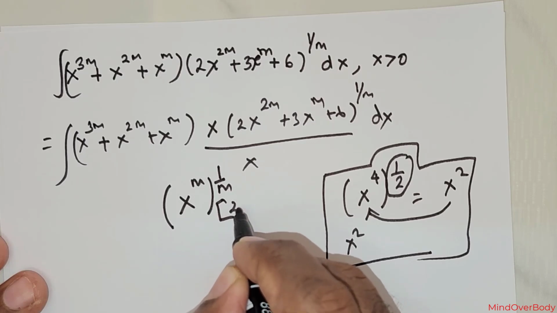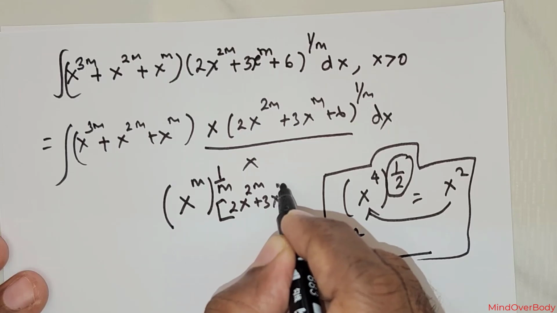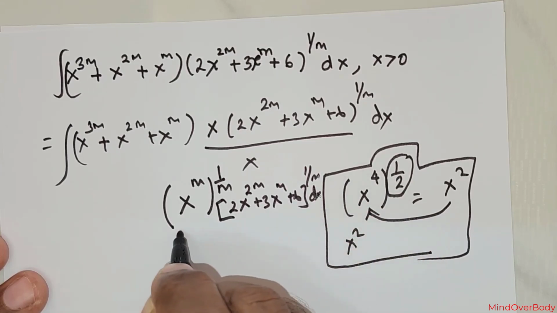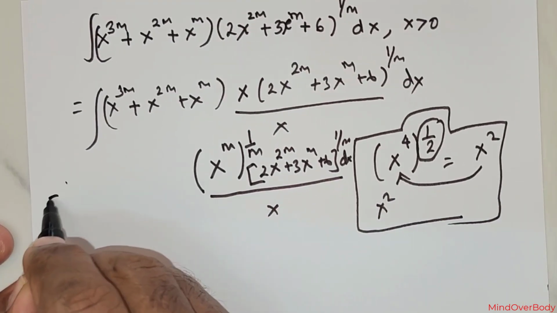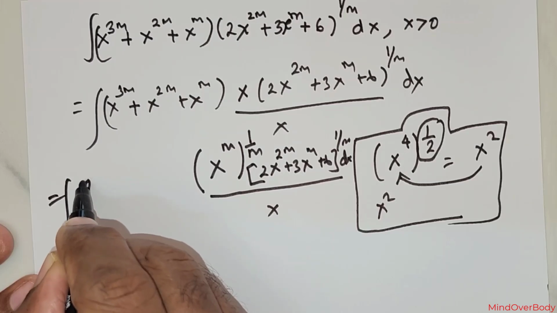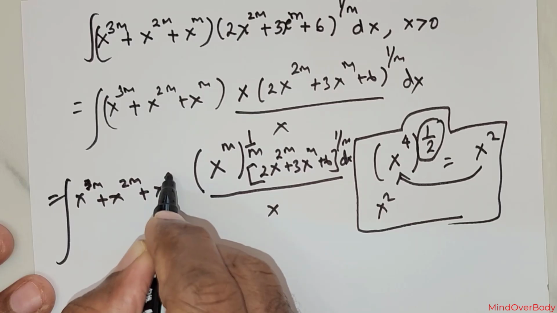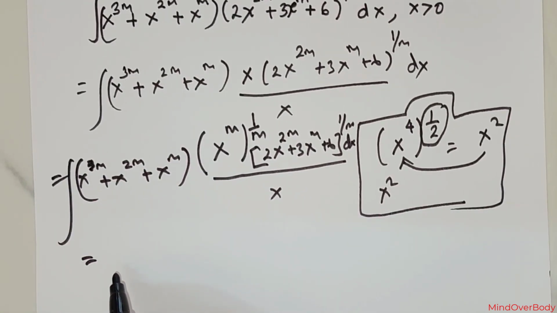That's the intermediate step, followed by 2 times x raised to the power of m, positive 3 times x raised to the power of m, positive 6. This is raised to the power of 1 over m, and you have a dx there, divided by x. Now, this has got x raised to the power of 3m, positive x raised to the power of 2m, positive x raised to the power of m. Now, this is equal to,